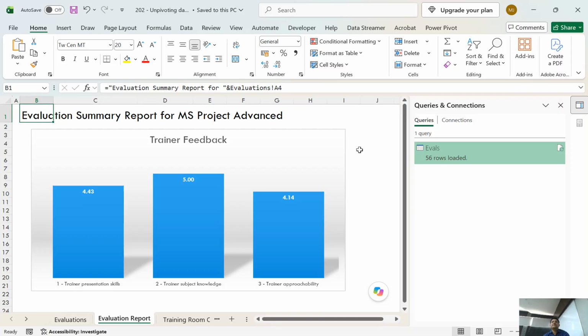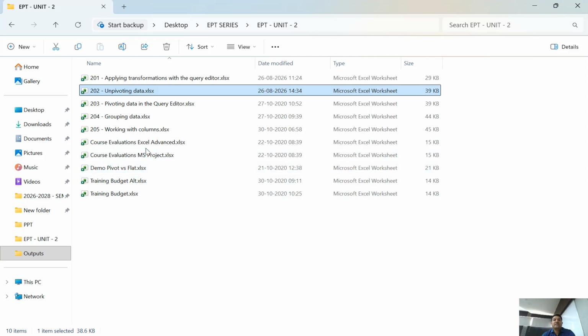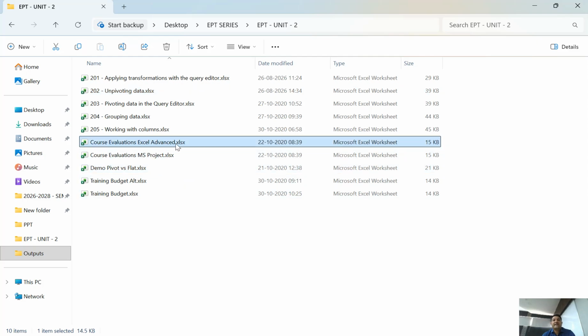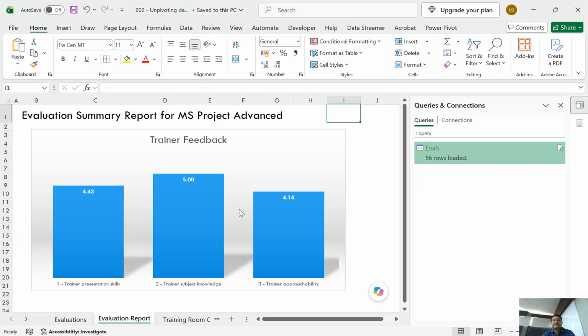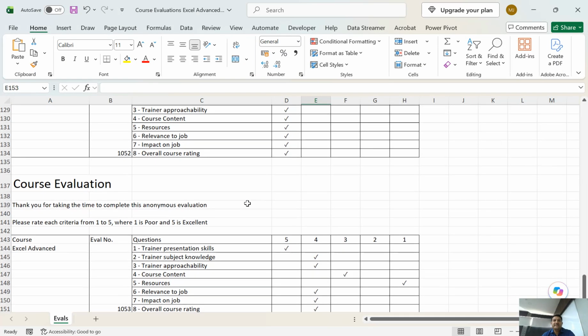Now the important point: we have created this query for one file called MS project. Now the question is, can we use this query to solve another file which is in the same format? So the answer is yes. Now, how to use this? Say for example, I have another file called course evaluation Excel advanced. First of all, I'll show you what this file is all about. If you double click on course evaluation Excel advanced, you will see